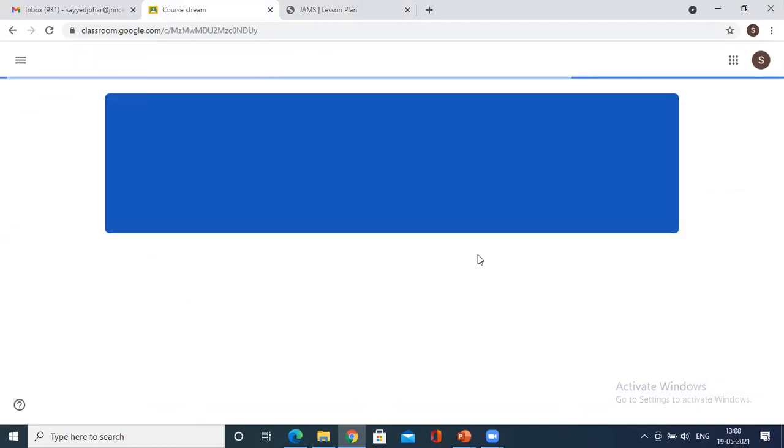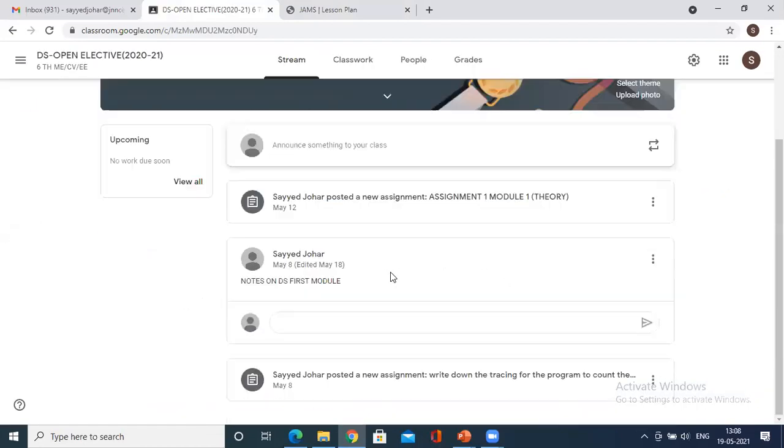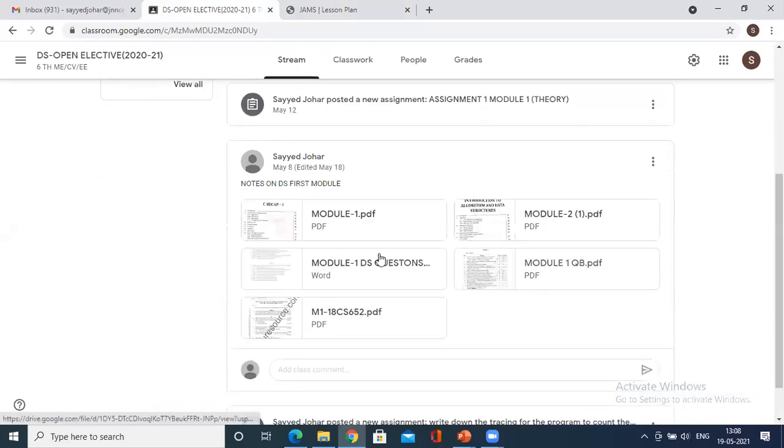See what all I have shared in the Google Classroom. I just wanted to show you. There are notes on the first module and notes on the second module. What I have done is I have scanned the same. Module 2 has been shared, and module 1 has been shared completely, as a clear scan copy. You could refer only to this, and I feel it is quite simpler.